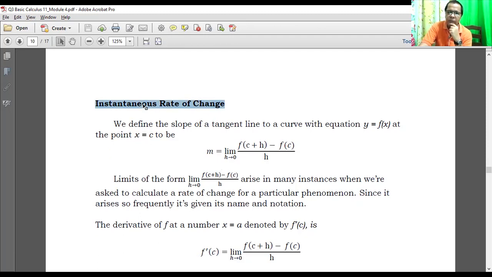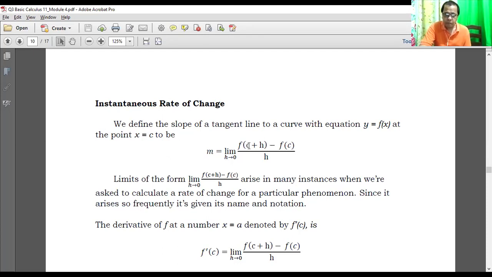method. What does instantaneous mean? It means at an instant, a constant value. Okay? At an instant, it is called the change of a constant. So for example, the slope of the tangent of this curve at point x is equal to c. So it means at an instant that your x is equal to c. Okay, so it is almost the same, but the term used in your function of x is